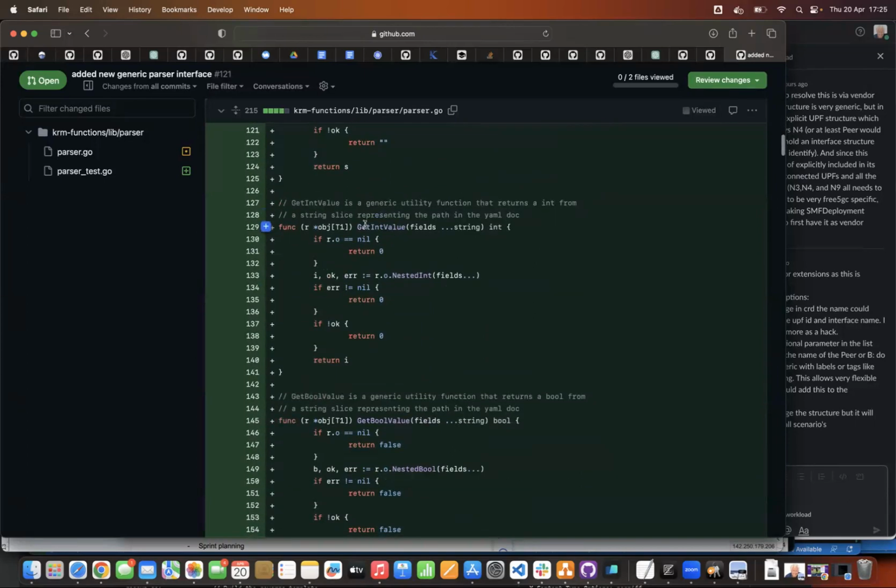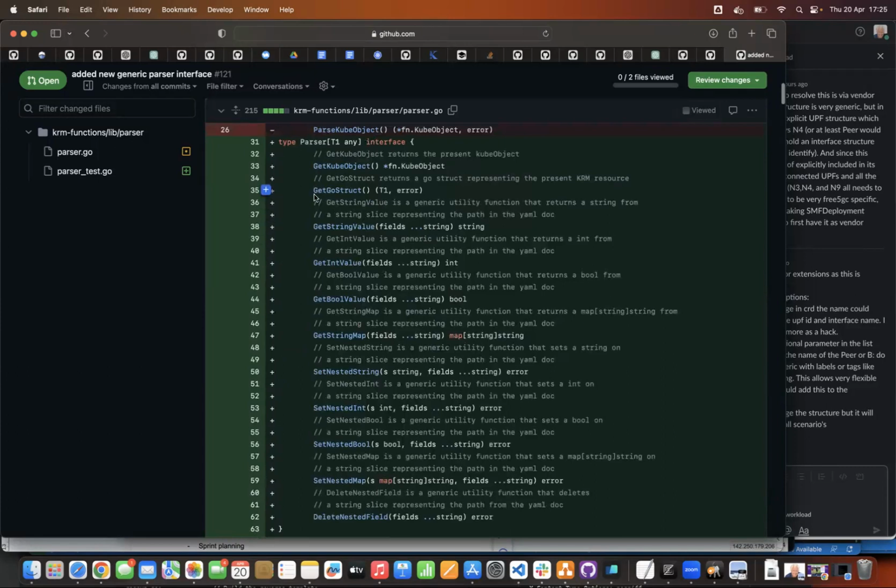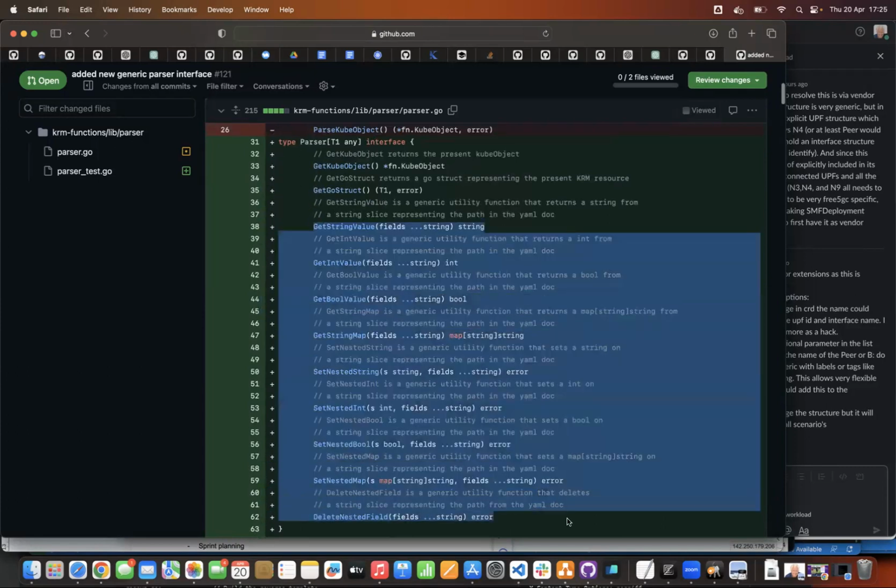Make it just a library call, helper functions. I think, Bala, what you are suggesting is remove all of this from the interface. I think that's what you're suggesting, from what I understand.